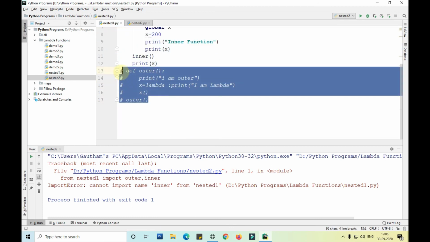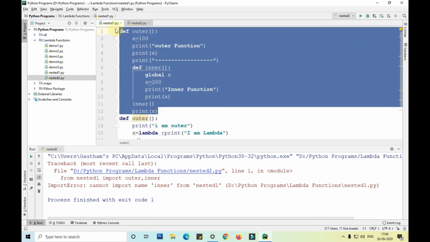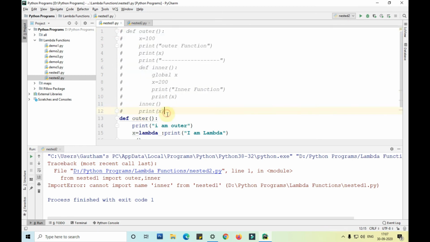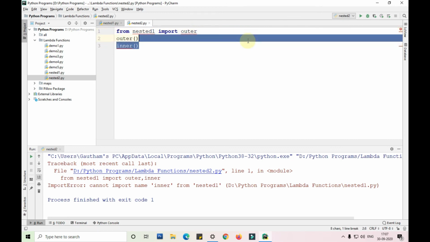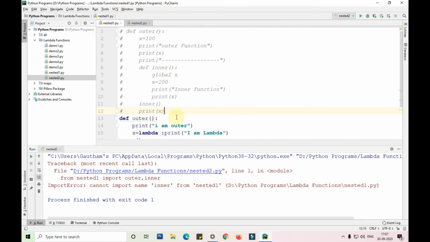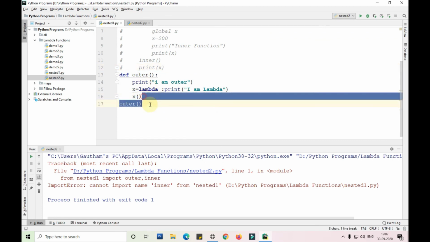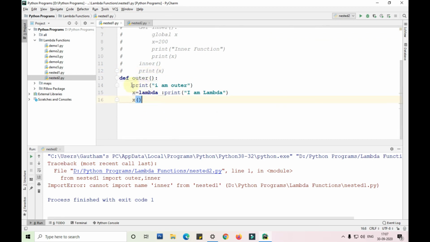Similarly, if I try to call this outer as well, I'll comment this so that the name doesn't overlap. If I'm calling this outer function here, it will just print I am outer and I am lambda and come out, guys.